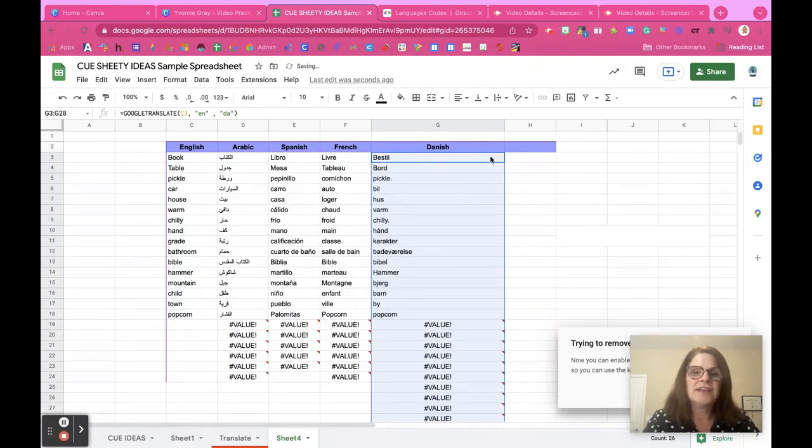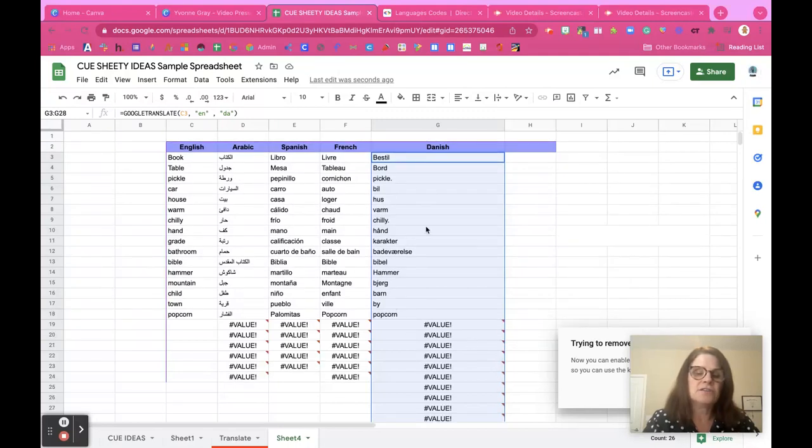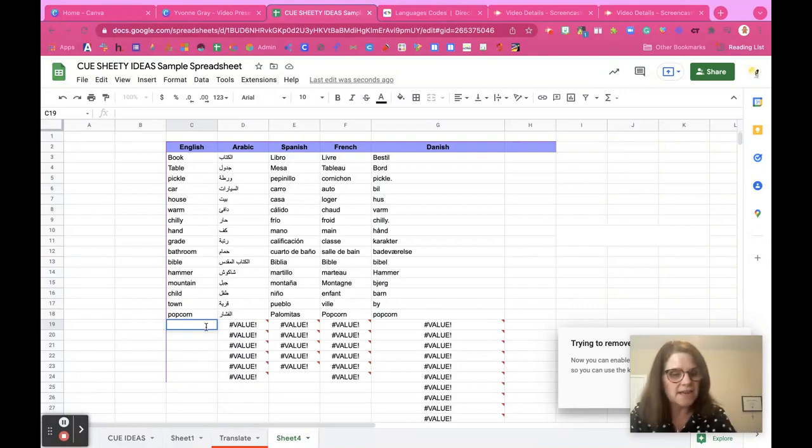You're going to click on the corner of the column and drag down, which will give you the translated list of words here. You can provide this sheet to students and they can find a vocabulary word as they're going about their day,